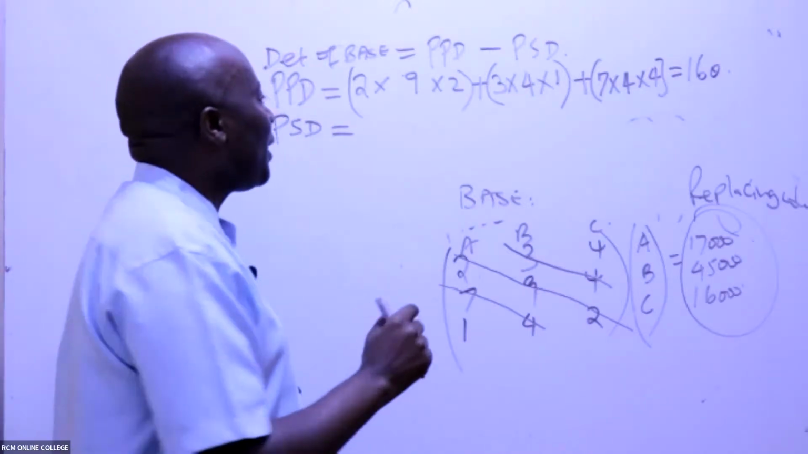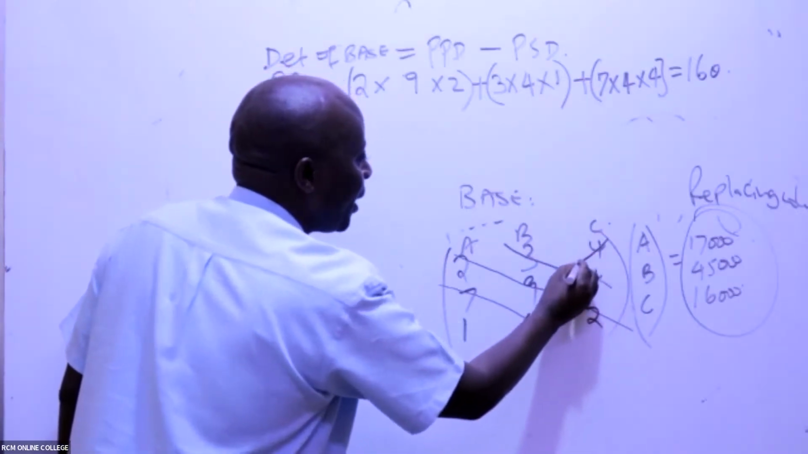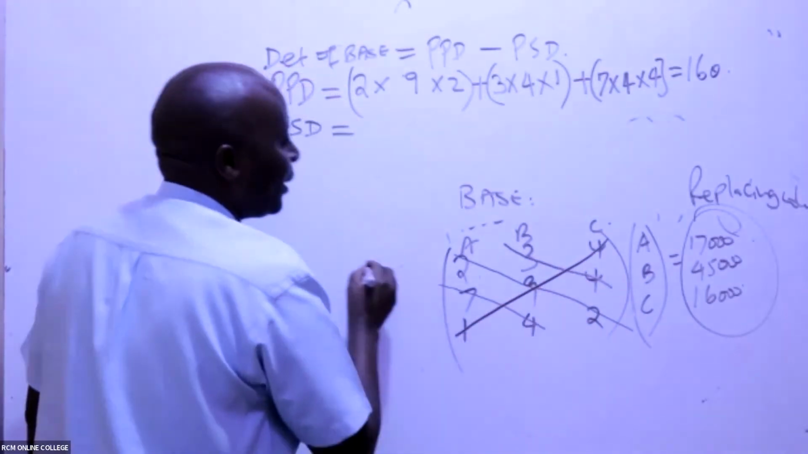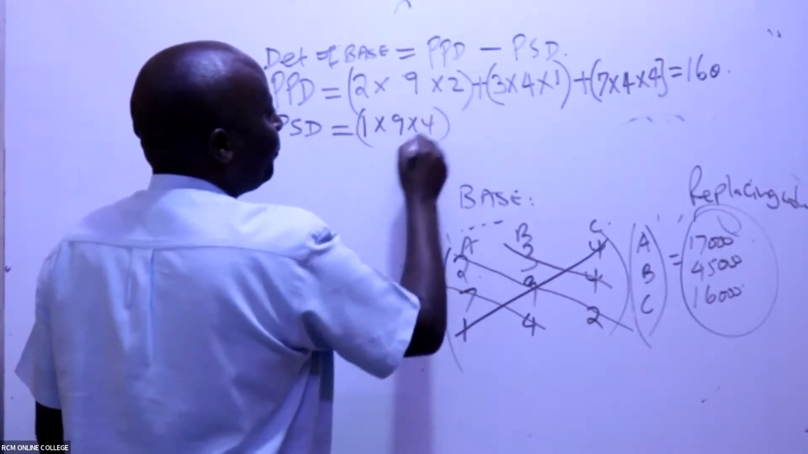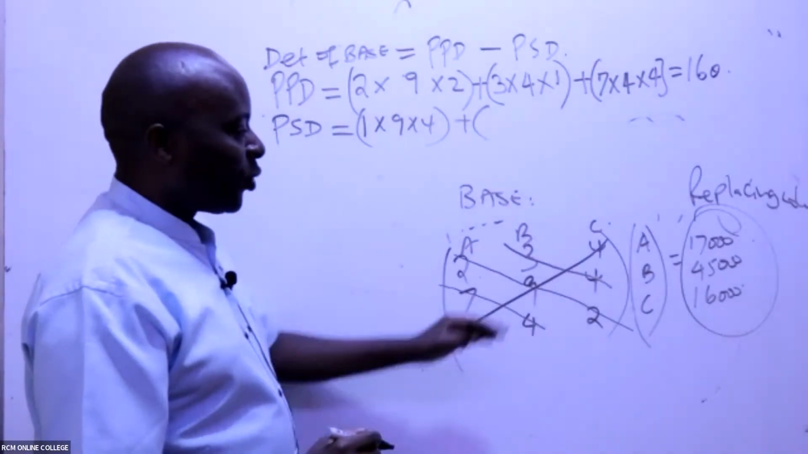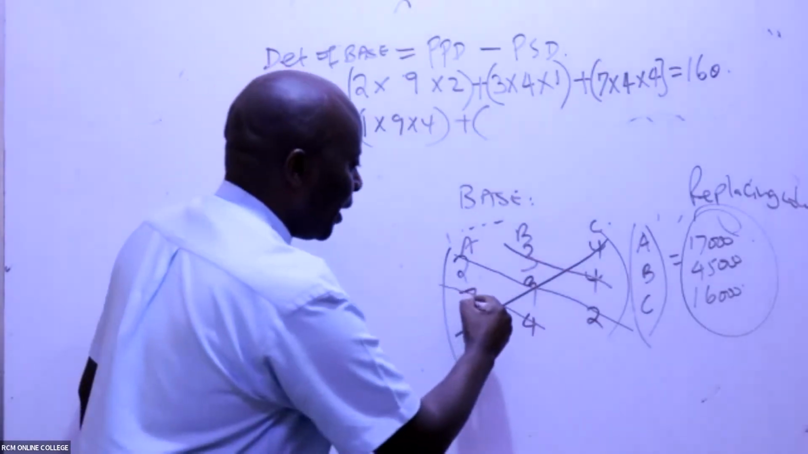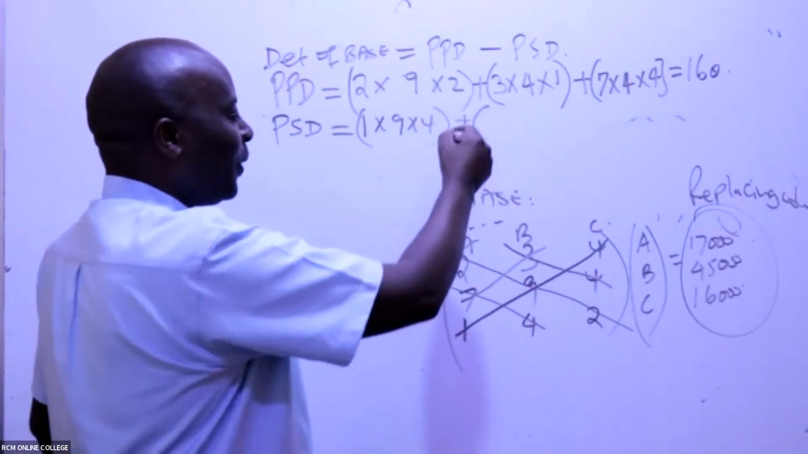So in this case here, secondary. The very, very important secondary is this one here. That's the main one. So we have here 1 times 9 times 4 plus. Great. So parallel, secondary. So this one here. But there are only 2 elements. 7